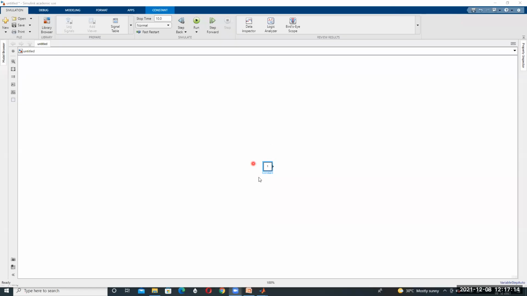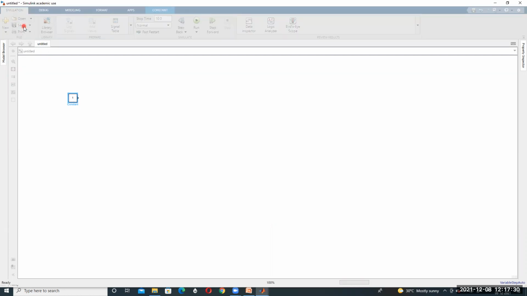Then that component is available in the drawing sheet, the constant. It is placed on the drawing sheet like this. Before placing the other components, first save.